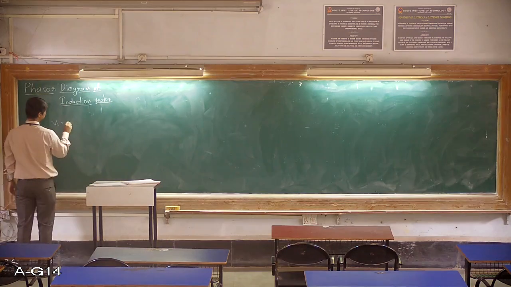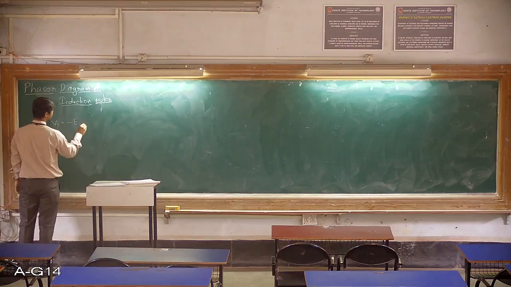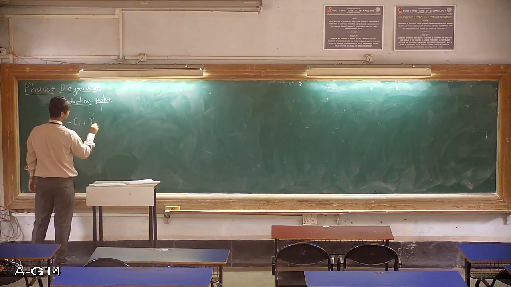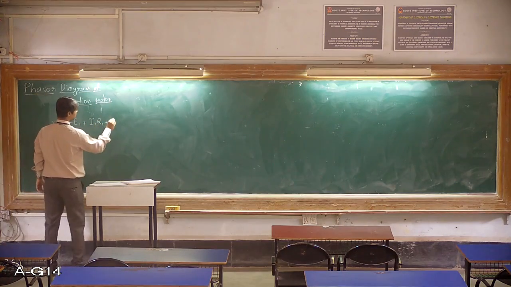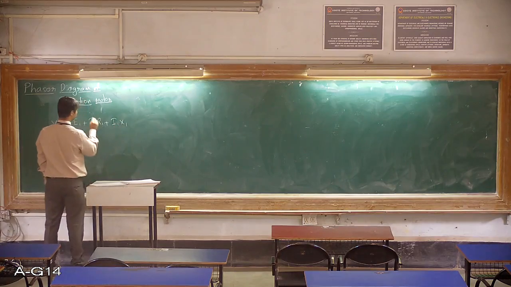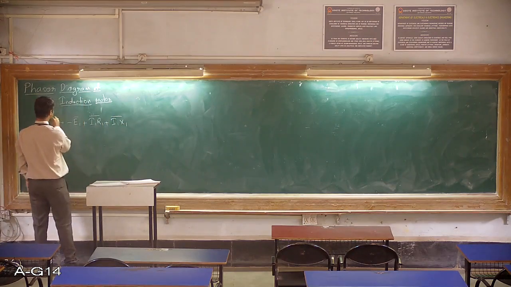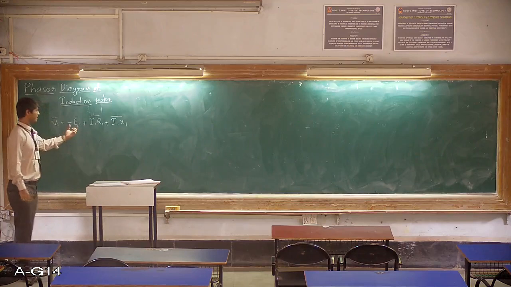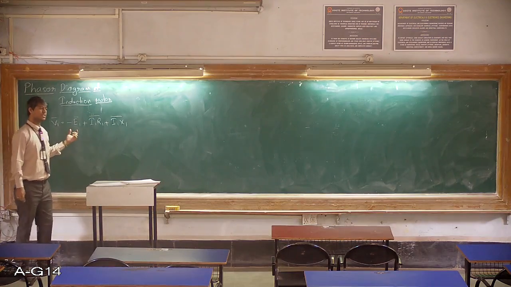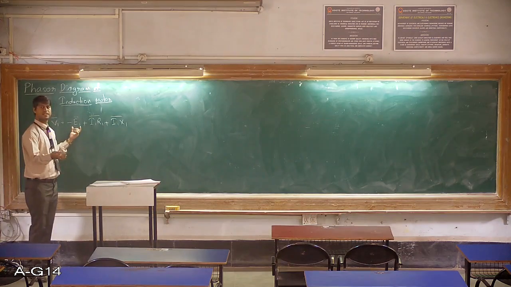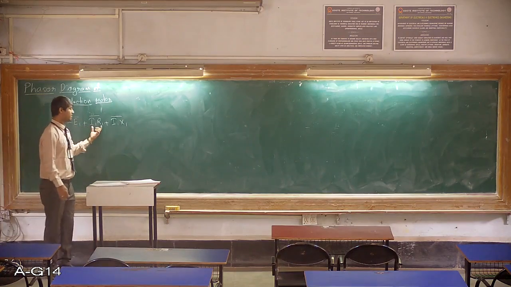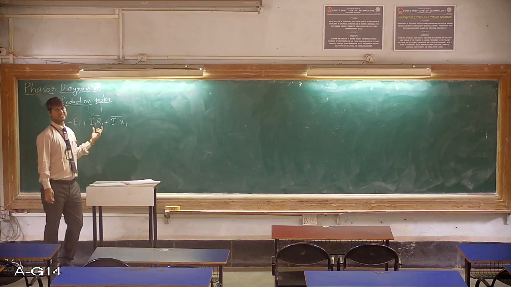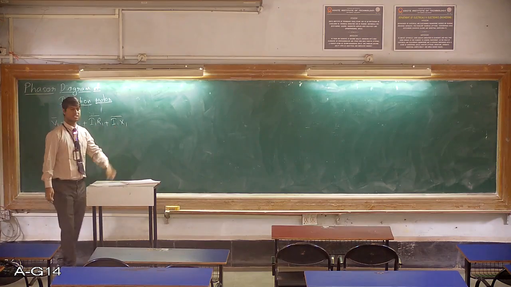V1 is equal to minus E1 plus I1 R1 plus I1 X1. All these are phasor quantities. So here E1 is the EMF induced in the stator of the induction motor, and it is in opposite direction to the applied voltage. I1 R1 is the voltage drop across the resistance, and I1 X1 is the voltage drop